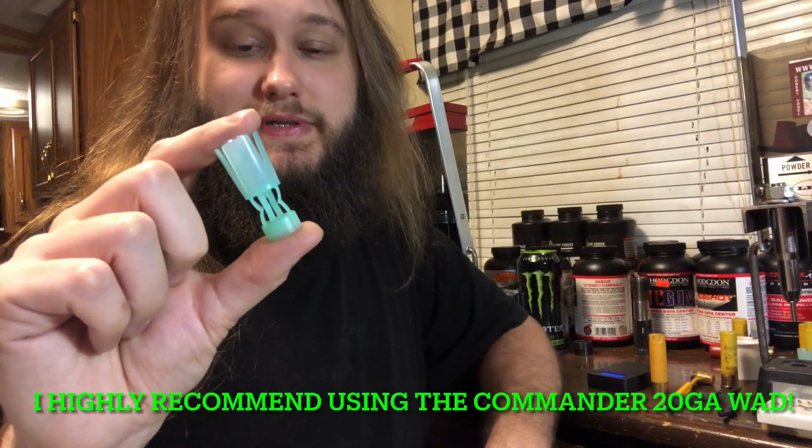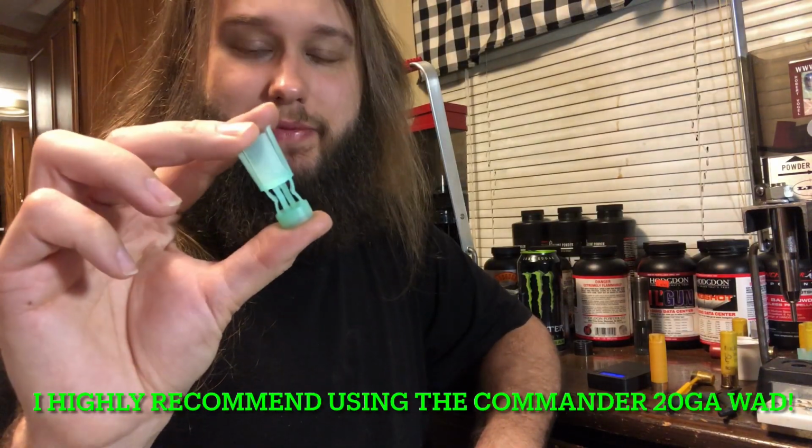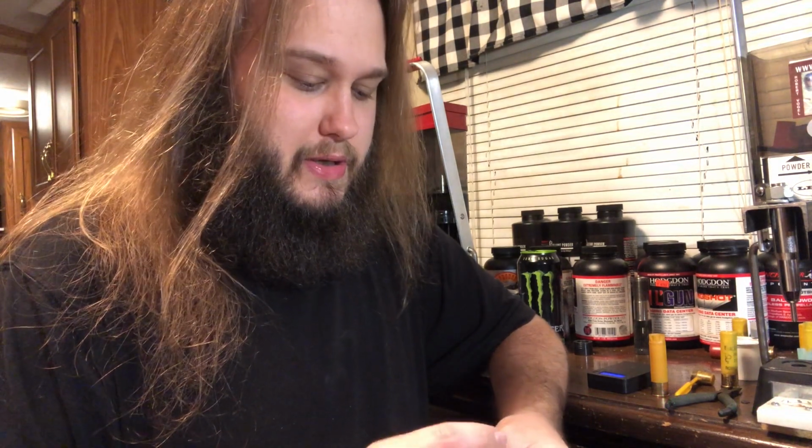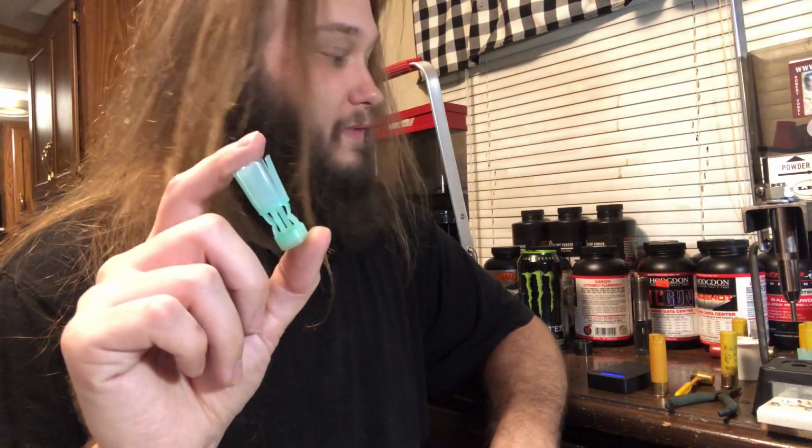The wad I'm using is a Winchester. I believe this is the WAA-20 7/8 ounce wad. I took this out of a Winchester Universal shell. I'm not using this wad by choice. It's just the only 20 gauge target wad that I have on hand. This is a wad meant for tapered holes like the Remington STS, Gun Club, Winchester AA, Universal, Super Target, all